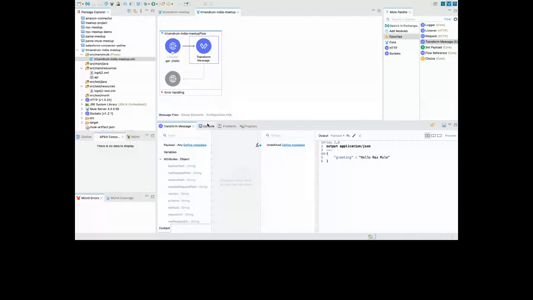Now, there is one thing I'd like to tell you: whenever you are trying to hit a URL or an API, it is nothing but someone else's computer.